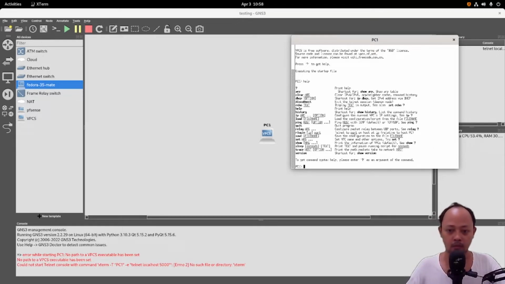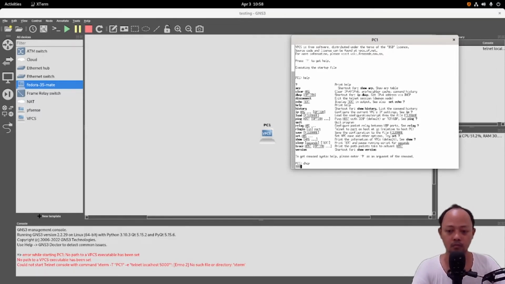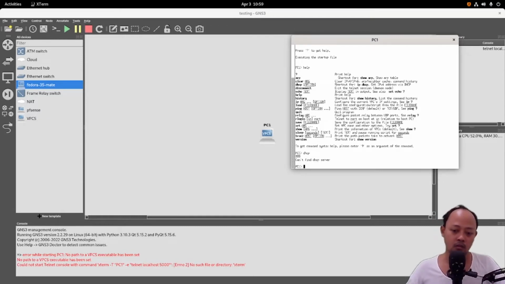Just type help and the commands will appear. So we will try to check the IP address. Just type DHCP. It cannot find the DHCP server because the VPCS is not connected to anything.